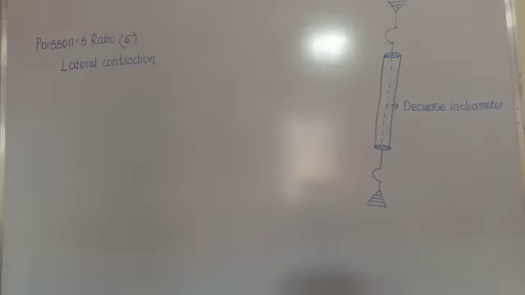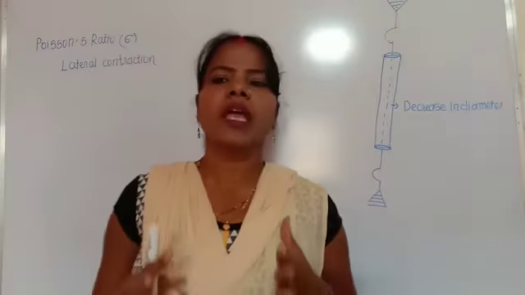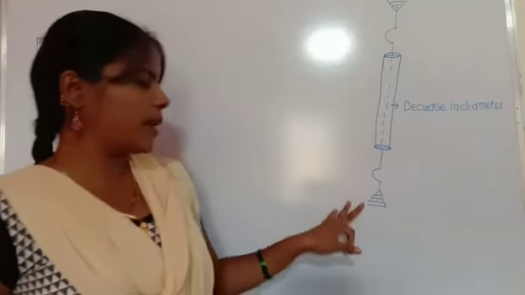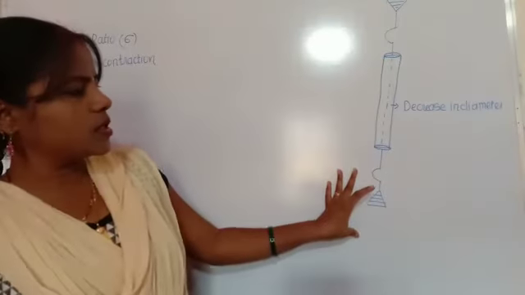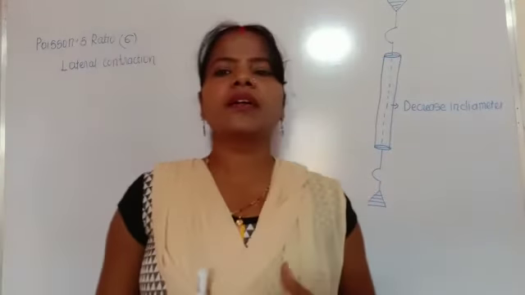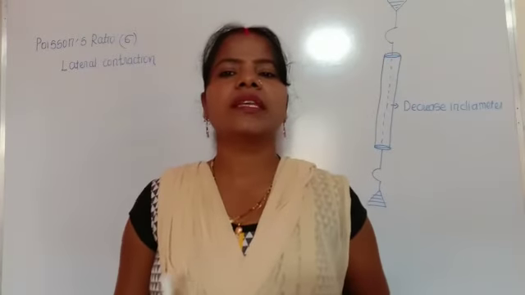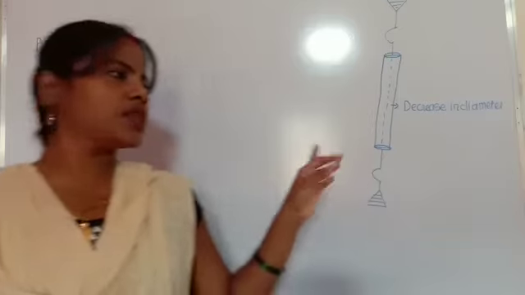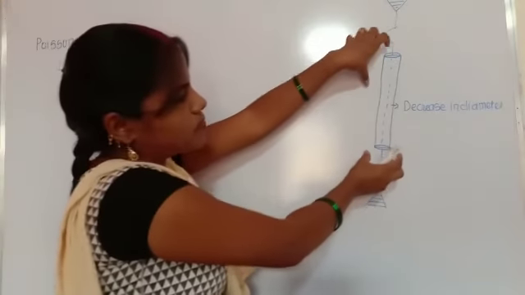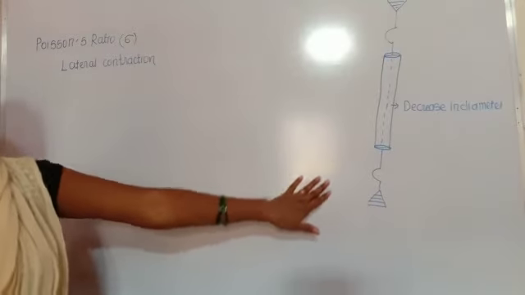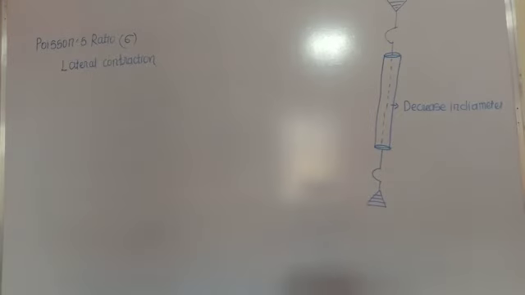It means when a body is stretched in the direction of its length, when we apply equal and opposite forces at the ends of its length, there is a decrease or contraction of the transverse section of the body, meaning a contraction of this middle part. So this is known as the lateral contraction, meaning there is a decrease in length per unit length of the transverse section.